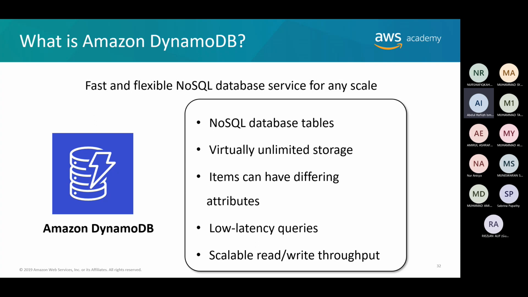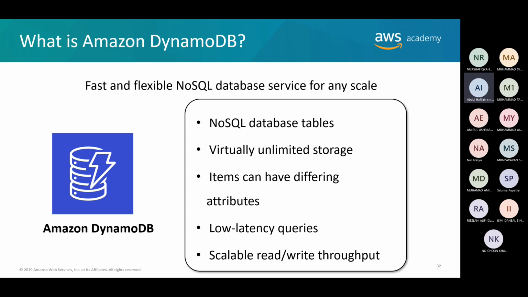So what is Amazon DynamoDB? DynamoDB is a fast and flexible NoSQL database, non-relational, service for all applications that need consistent single-digit millisecond latency at any scale. So if you need something that is very fast, that processes very fast, then you can use DynamoDB. Amazon manages all the underlying data infrastructure for this service, redundantly